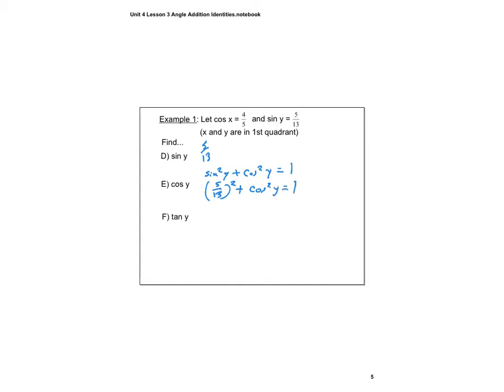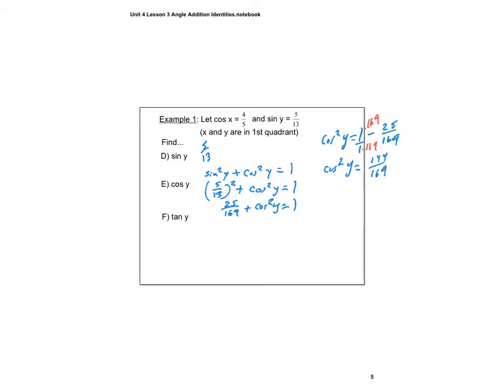So I can square both 5 and 13, so that's 25 over 169. I can subtract 25 over 169 from both sides. So I get the cosine squared of y equals 1 minus 25 over 169. I can get a common denominator, it's 169. So my cosine squared y is 169 minus 25, which is 144,